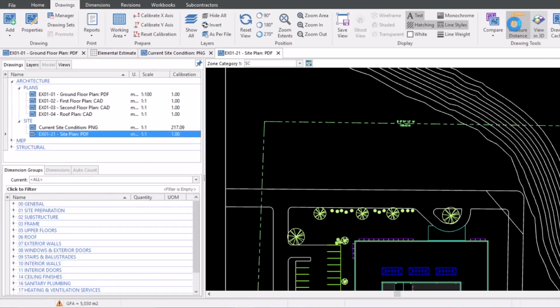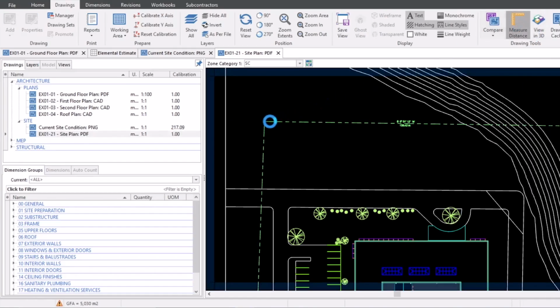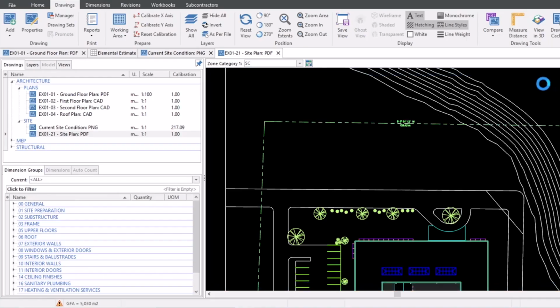So I'm going to use my measure distance tool, and I'm going to select the corner there, go to the end, and we can see quite clearly that it thinks that area or that measurement is half a meter long. We know it's not, so we can tell that that's the incorrect distance. So we can press escape to remove that tool, and now what we're going to do is actually calibrate the